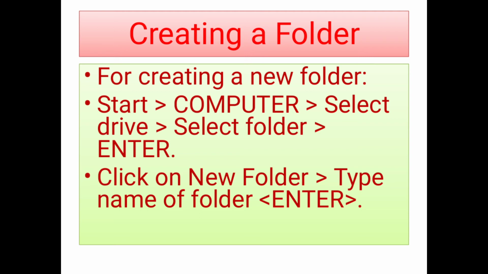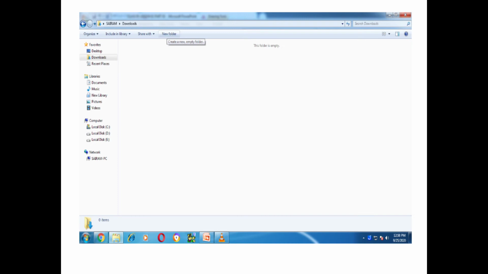So see, now I will show you the screenshot. I have clicked on the computer. I have selected a drive that is present on the left corner. That means here we are having desktop, downloads, recent places, local disk C, local disk D, local disk E. In that C, D and E drive, we can select any one of the folders. And after we select any one of the folders, we will get a screen like this, children.